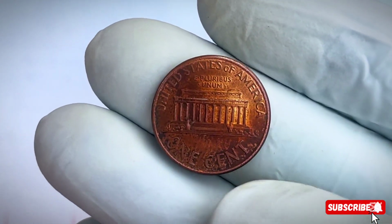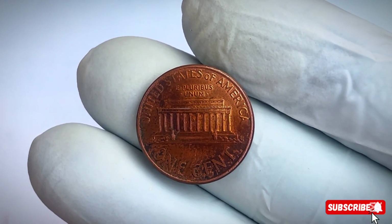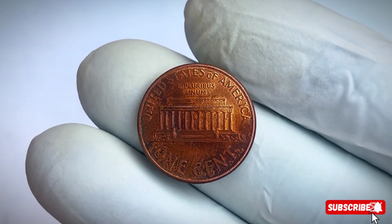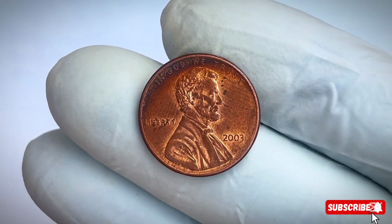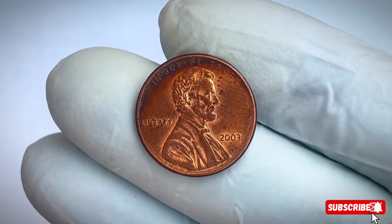When you consider that over 6.3 billion pennies were struck in 2003, you begin to understand just how rare these errors truly are. Roughly 1 in 126 million pennies might display this particular error. There's an interesting variation in value based on the mint mark as well. The 2003 D, Denver zinc penny errors tend to command slightly higher prices than their Philadelphia counterparts, likely due to